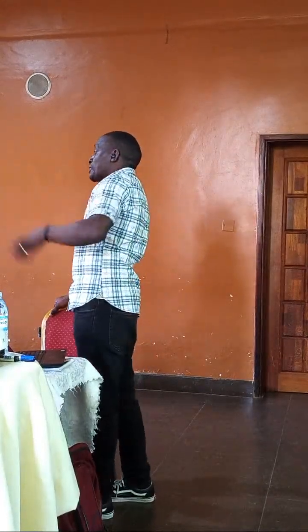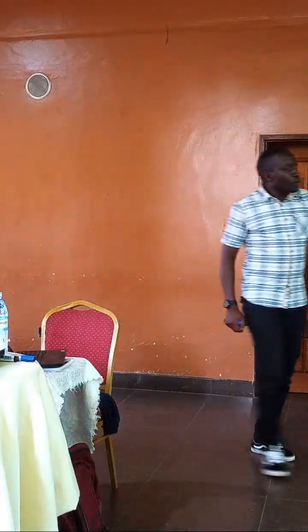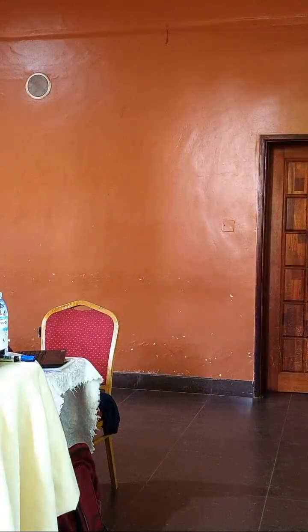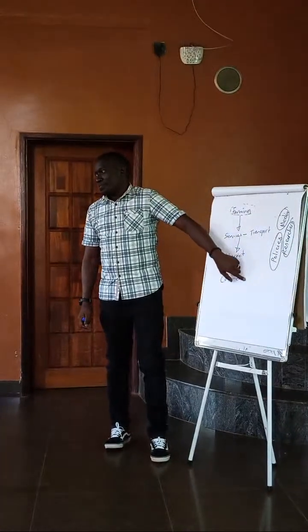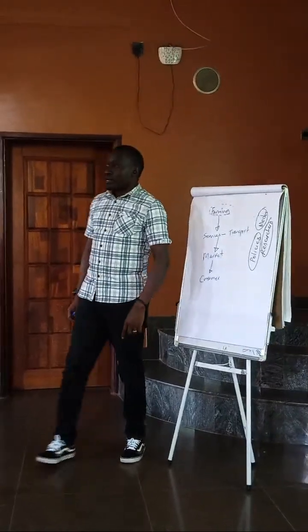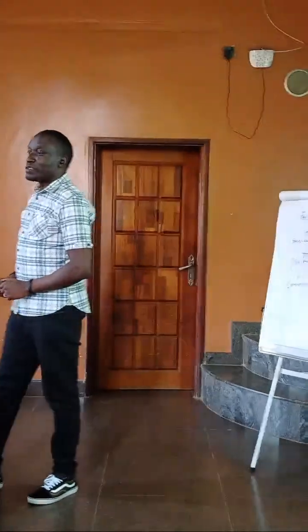And transition takes process. Transition doesn't happen at once. There's a process. You capture one person, you capture the next, you capture the next, like that. So the reason why we need to build a movement is because we need to change all these actors in the market, actors here, actors here, actors here, to promote what? Agroecology. How do we do that? I will not promise you that at the end of this year you would have got it. No. It is one step.